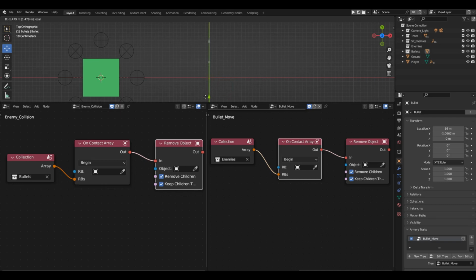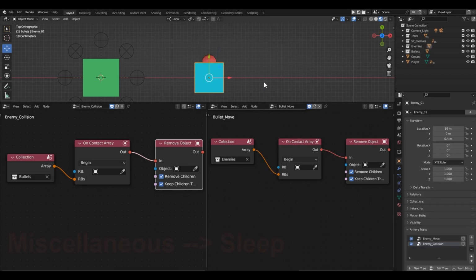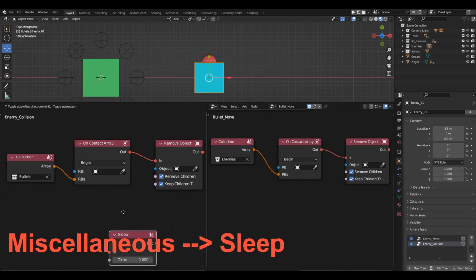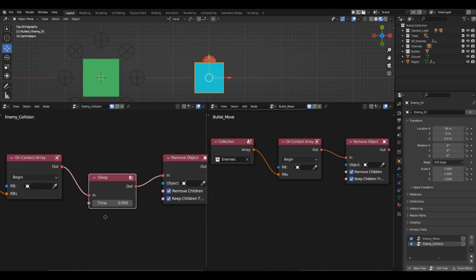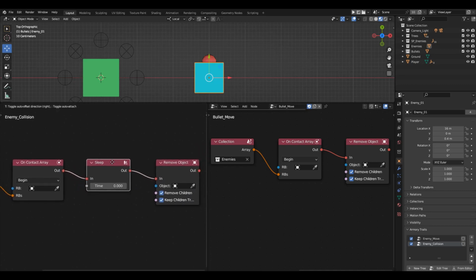The solution to this situation is simple. We just need to add a delay before removing the enemy so that the bullet has time to register the collision as well. Before removing the enemy, let's add a sleep block. In principle, the scheme will work regardless of the delay we set. But ideally, we need a delay of exactly one tick. We can achieve this by leaving the default value in the sleep block,